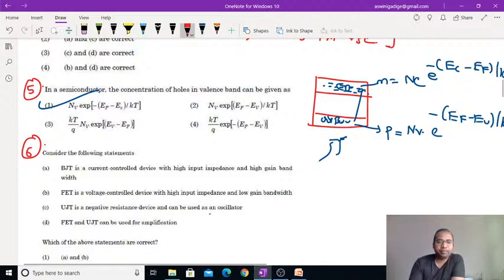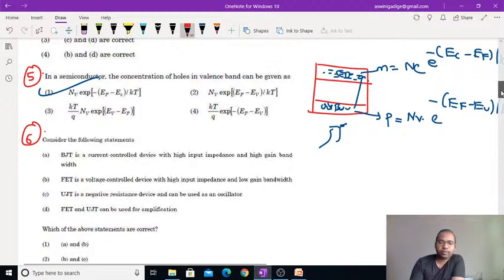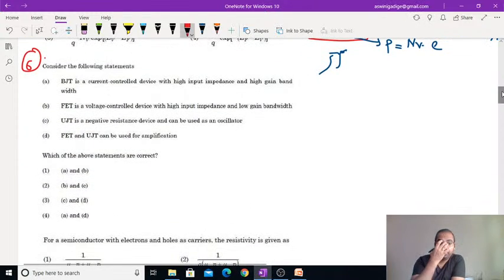Coming to the sixth question. Consider the following statements. In the following statements, BJT is a current controlled device with high input impedance and high gain bandwidth. So the first point is that BJT is a current controlled device. That is fine, and clearly we can say that